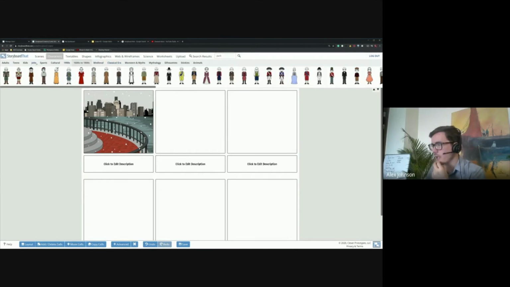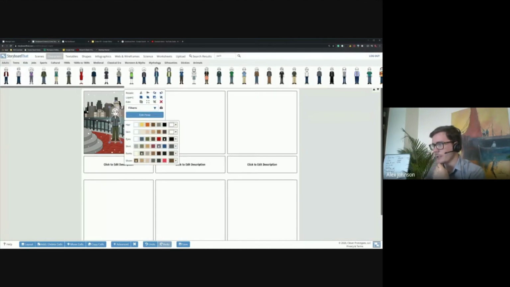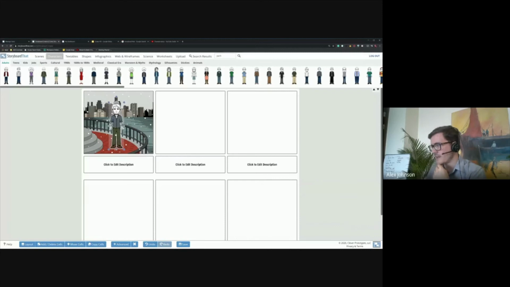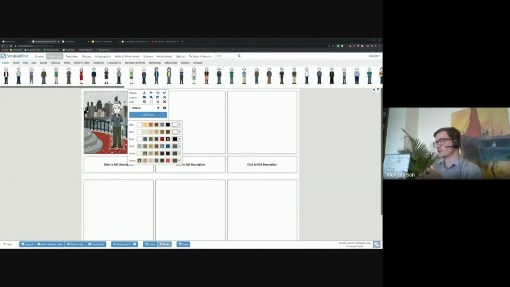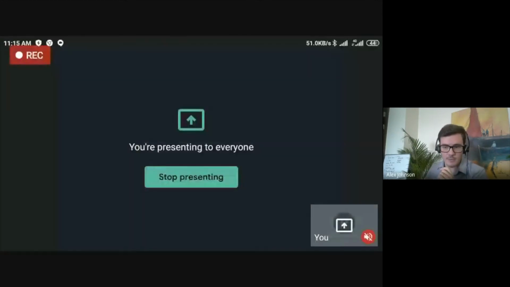So I'm just going to go ahead and choose a standard adult, and I'm going to drag him into the scene. I'm going to modify his size. And then what I can also do is edit his pose. And this is one of the coolest things, in my opinion,